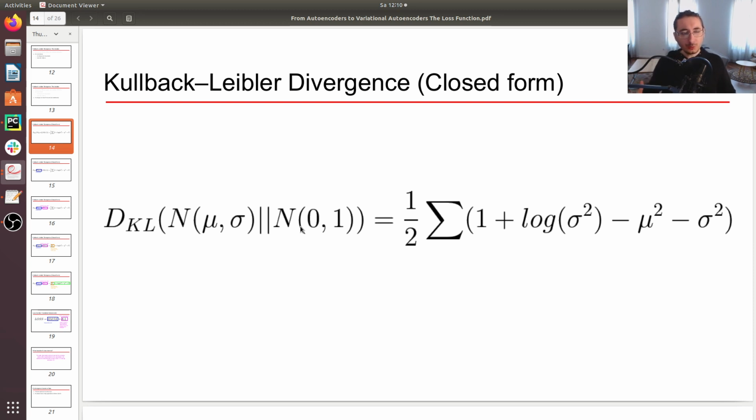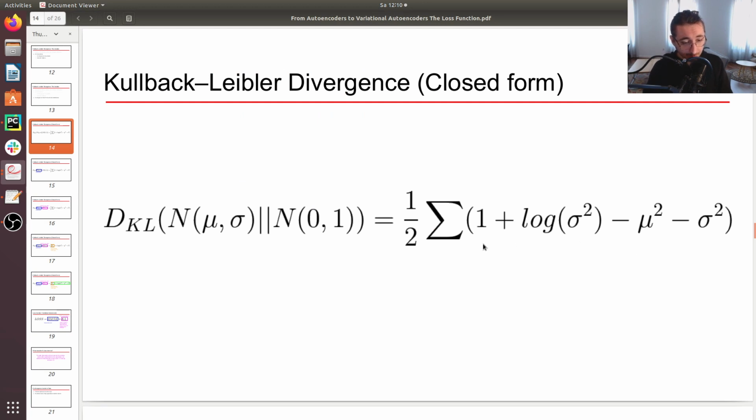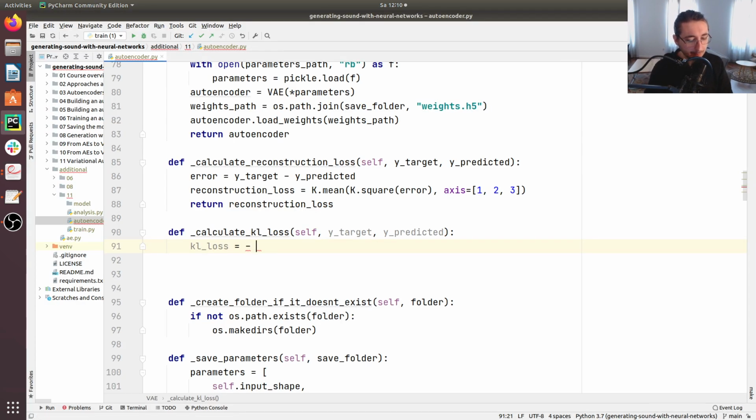Now, why do we want to do that? Well, we want to do that to use that distance, if you will, as a loss, because we want to pull our Gaussian distribution towards the standard Gaussian distribution. Okay, so if you want more details about all of this, once again, just go back to the previous videos in the series and you'll find all the details about that. Okay, so we have this expression here that we need to implement, and actually we have to take minus here because we want to take it as a loss. Right, so we'll do a minus